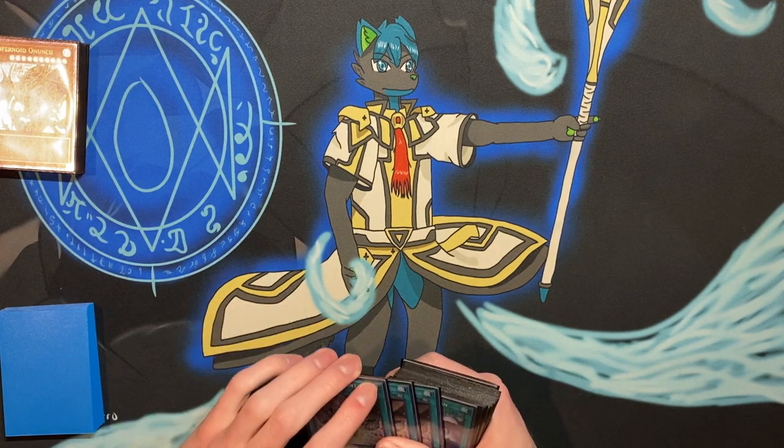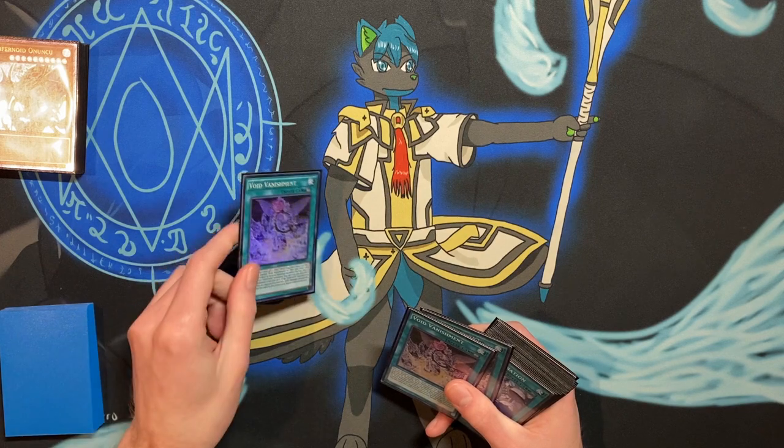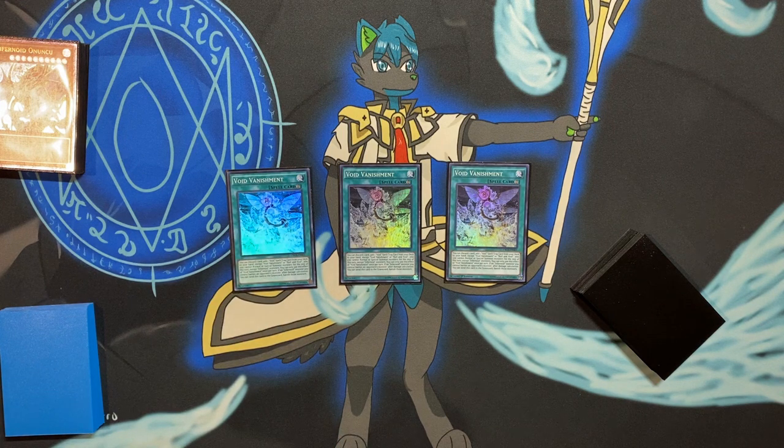The deck plays quite a lot of them. Like I said, Imperial Order being gone is really good for this deck. So starting off, we have the spell that does it all, 3 copies of Void Banishment. This can discard a card to add a Void spell or trap from your deck to your hand, except itself